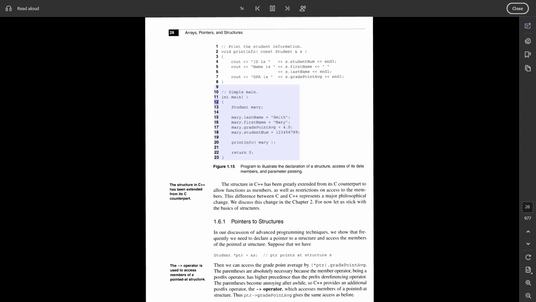In main, student Mary; Mary.last_name equals Smith; Mary.first_name equals Mary; Mary.grade_point_average equals 4.0; Mary.student_number equals 123456789; print_info(Mary); return 0. Figure 1.15: program to illustrate the declaration of a structure, access of its data members, and